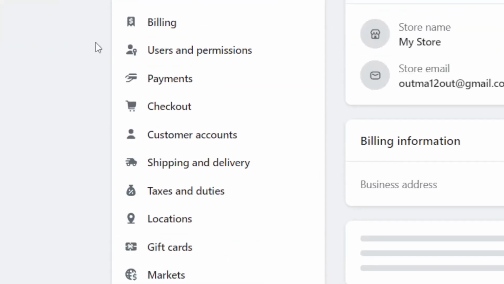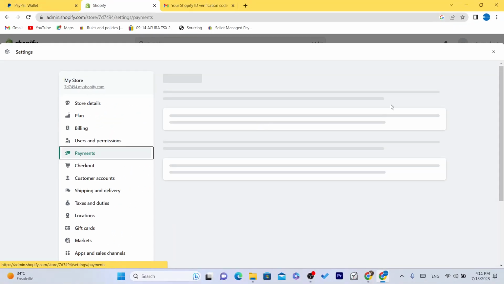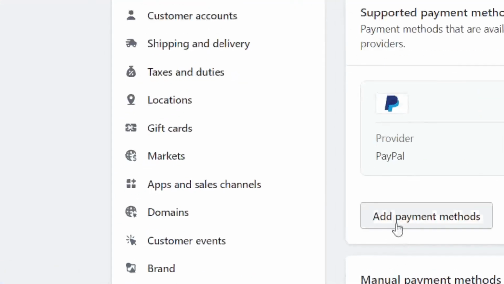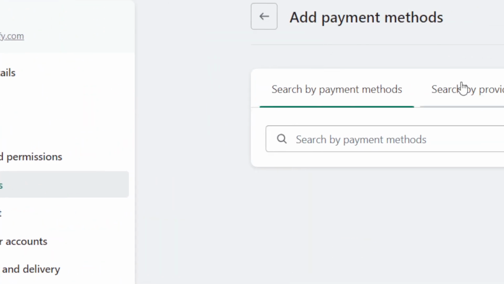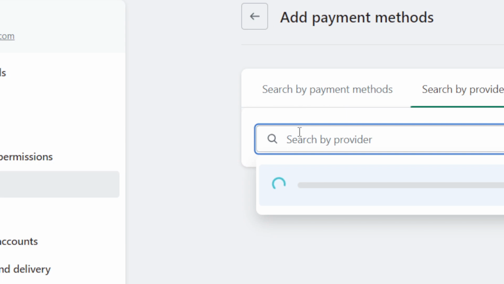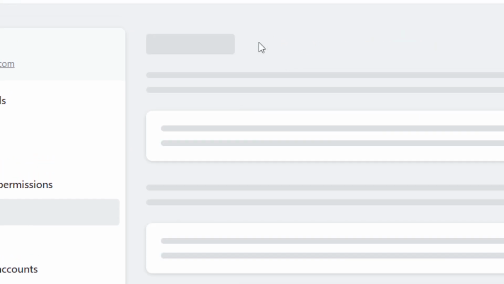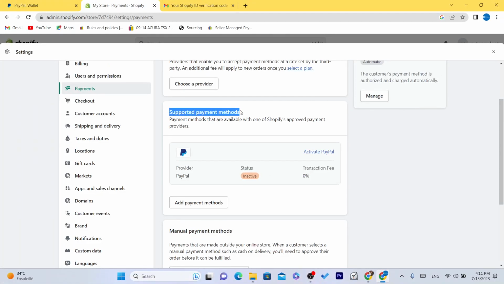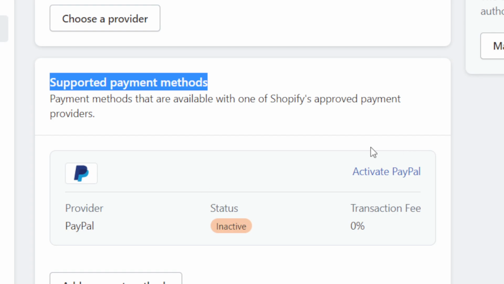Okay, then you want to click on payments, and if you can see PayPal here, that's good. If you don't see PayPal here, because in my case I can see PayPal by default, you want to click on add payment methods, click on search by provider, search for PayPal and click on it. Okay, and after you add PayPal, as you can see where it says supported payment methods, I can see PayPal. So in my case, I just have to click on